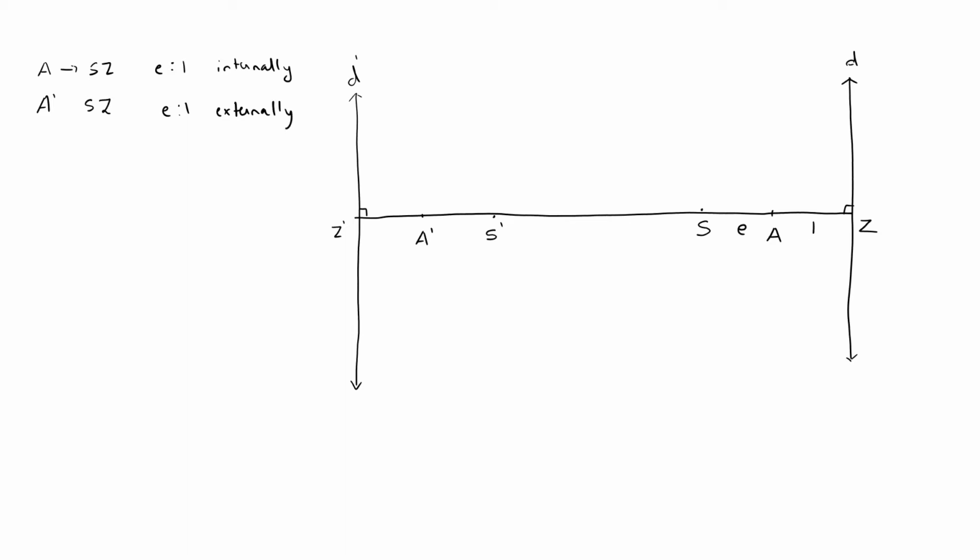ठीक है, A internal division कर रहा है और A dash external division कर रहा है. Okay. Now to make it simple, I'll assume this perpendicular line to be the x-axis, and I'll assume the midpoint of A and A dash to be 0, 0. That is the origin, and the line through it is your y-axis. Okay? Clear till here?